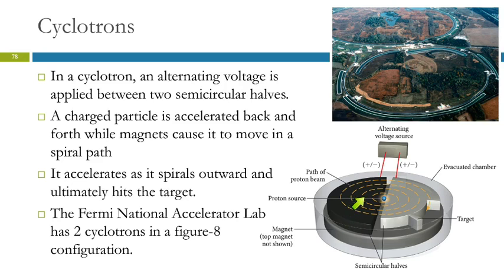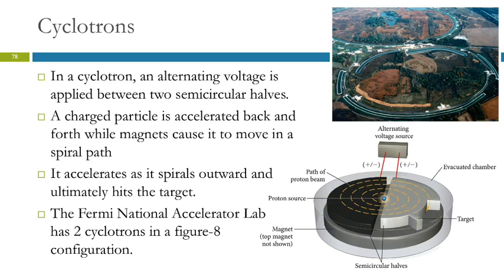So what do we have here? Here's one semicircle, and here's another semicircle. And so again, we're using alternating voltage and taking the proton source in the middle, and it's going to be spiraling out because of this alternating voltage, and it's going to get faster and faster and faster until smash,